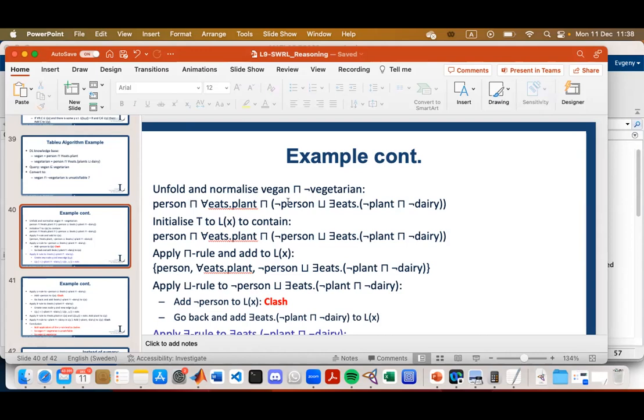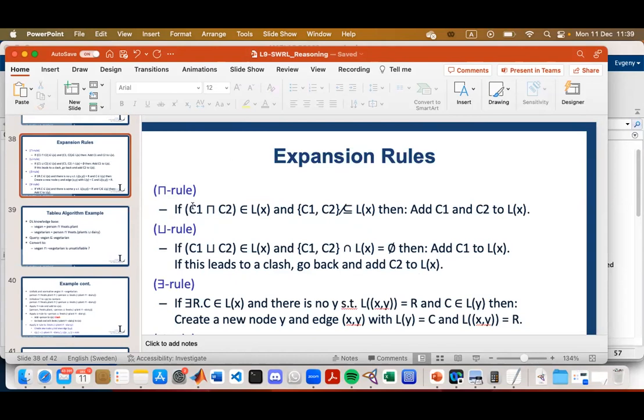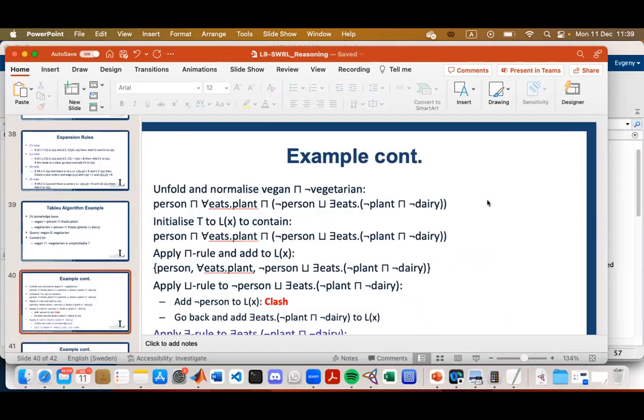We have two intersection operators, so three concepts that we intersect, and that means the first expansion rule applies. If we have this case, then we take each of the concepts in this relationship and form a node with labels including all these concepts, meaning that, let me see.